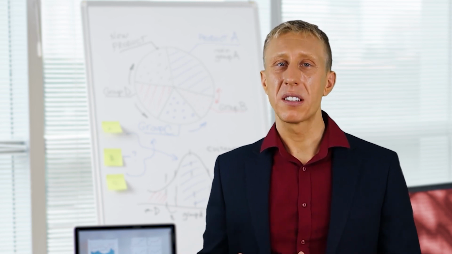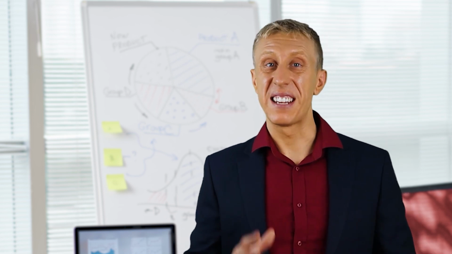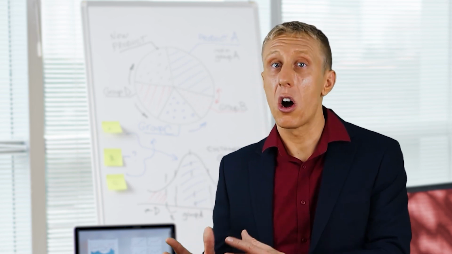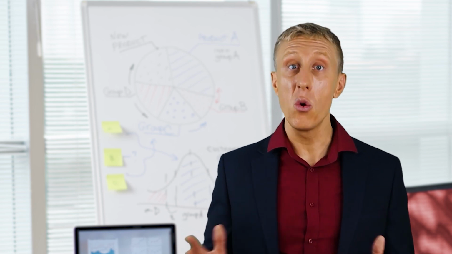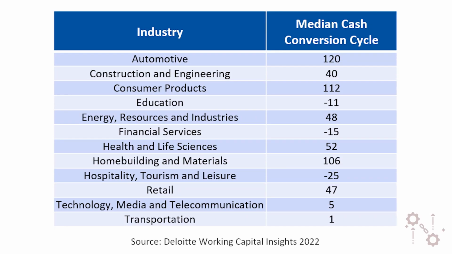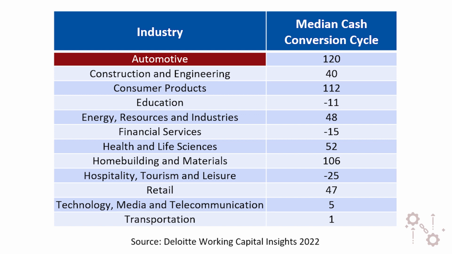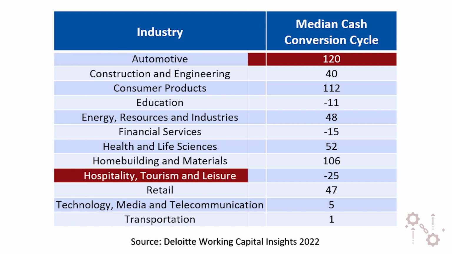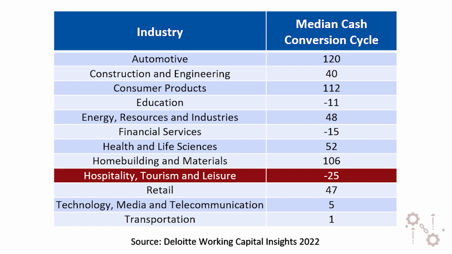A bakery might turn over inventory daily, a DIO of 1 day, whilst a car manufacturer might turn over inventory only every 100 days. Whilst general benchmarks have little value, here are some typical indicative industry averages for some perspective. As we can see from this table, an industry like the automotive industry has a long CCC, around 120 days. At the other end of the spectrum, hospitality, tourism and leisure industries have a much better CCC, a negative 25